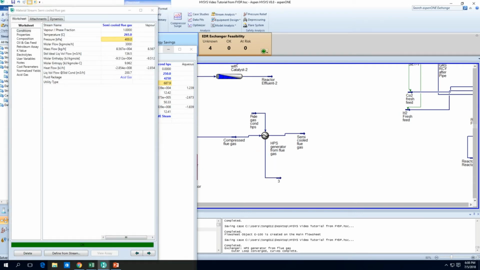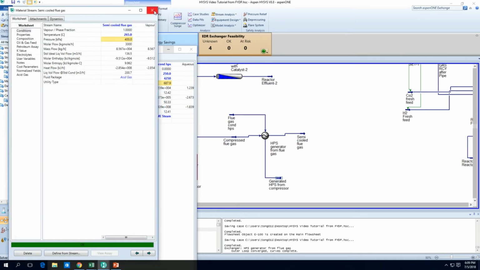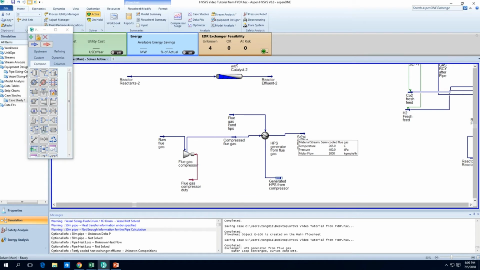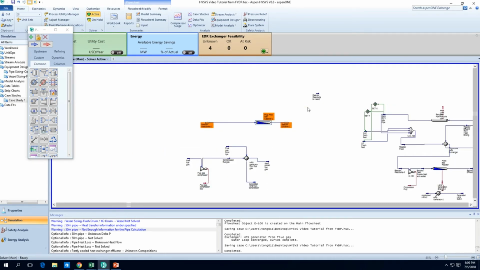Which is good. We can use it to recover some of the energy generated HPS from flue gas. So from compressor. Okay, so not too bad. So we have a stream at about 265. It's still pretty hot, and we can use it for like heat integration and so on later on. So what can we do? We can further cool it down